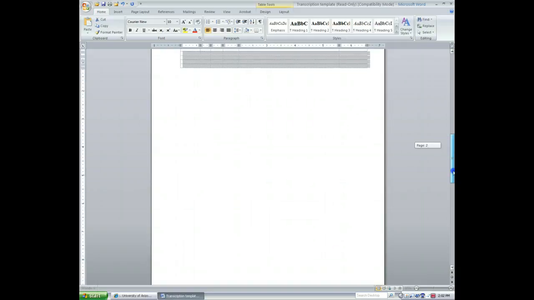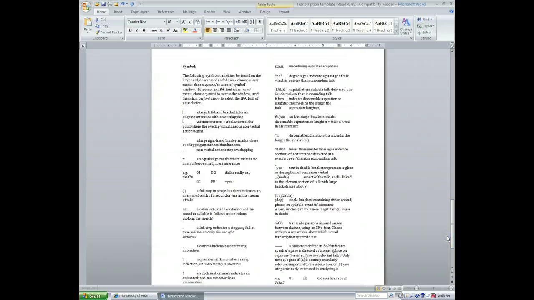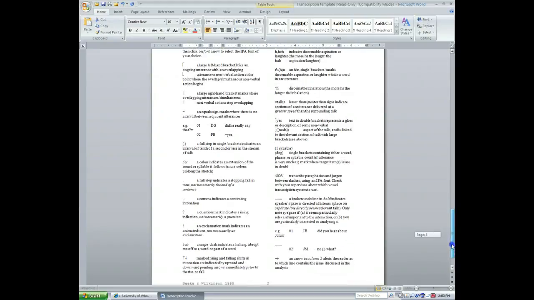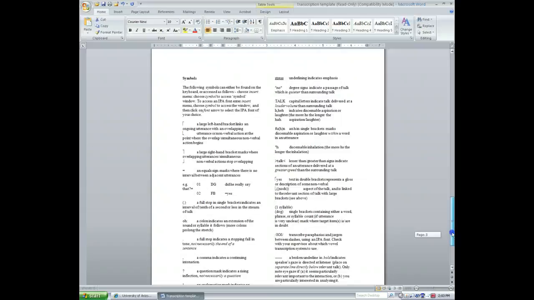And at the end of this document are handy guidelines to some transcription symbols that you can use. For this transcription assignment, you can be as specific as you can be. I am not going to require any particular level of specificity as long as you provide some consistent way of marking some interesting aspect of communication that you would like to convey to the reader.